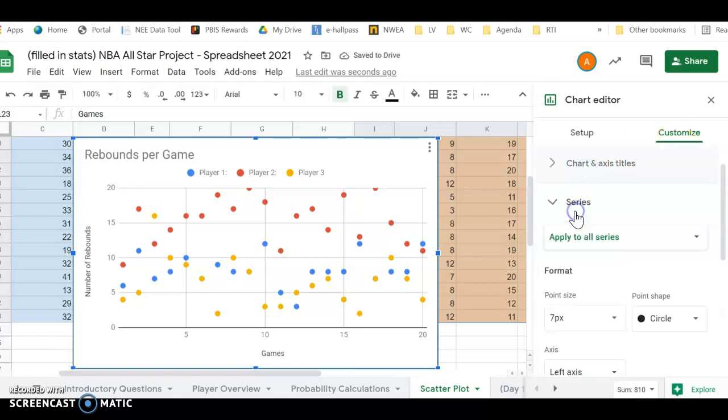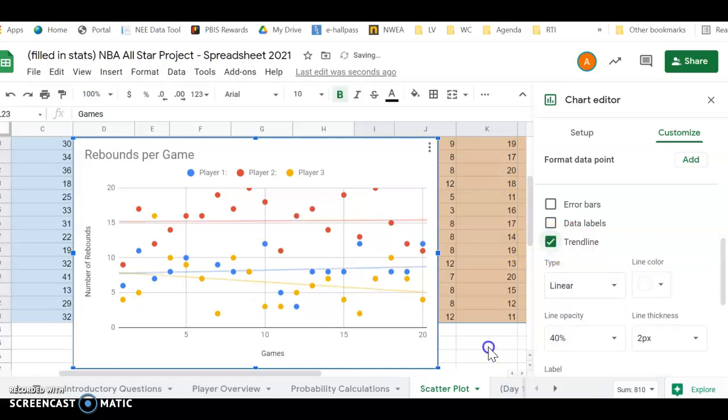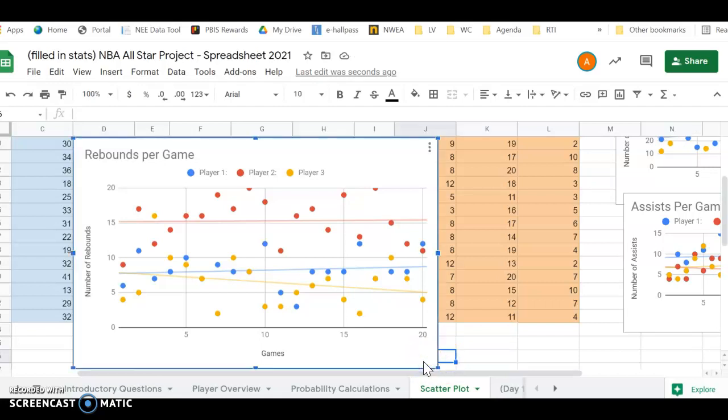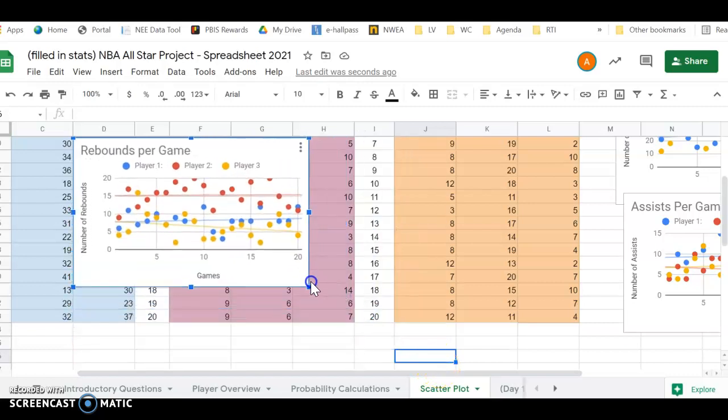Click on series, scroll down to trend lines, and there we have it. I'm going to shrink this down a little bit. The red looks like it's staying pretty consistent this time, so he's not decreasing, he's actually going up a little bit. Our yellow is decreasing in rebounds, which means that his defense,